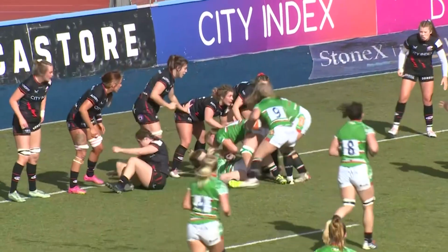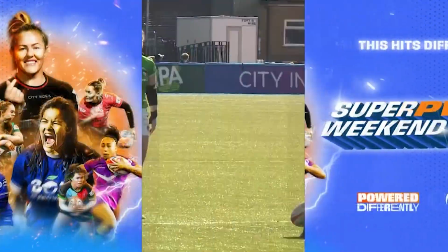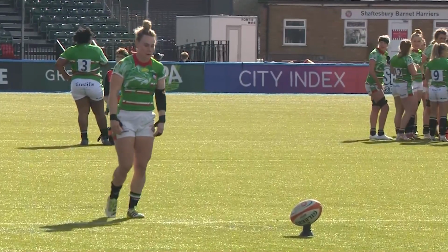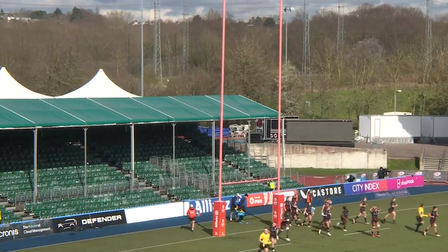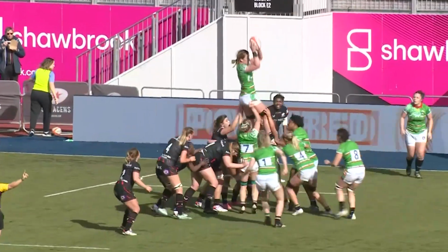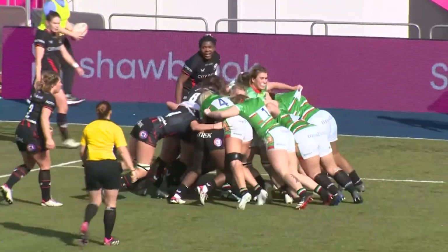And just having a look at this replay here, the pressure was building, pressure was mounting, and in the end very little that Saracens could do about there with that wave of attack. I think they've had pretty good tempo. Lucy Nye at 9, getting the ball moving, and she's delivering that pretty well. Meg Jones then with the conversion. Penalty after penalty. It's where discipline becomes really important here, because we've let them get into a really good attacking